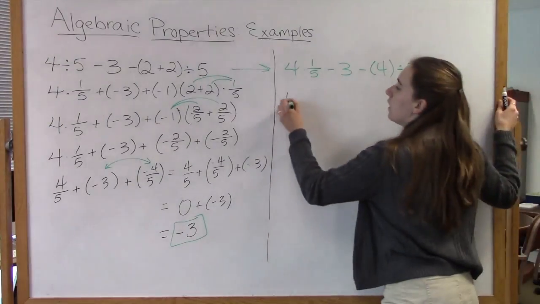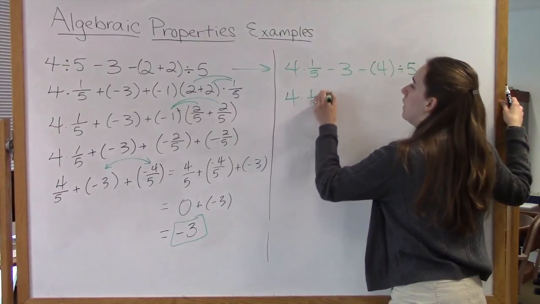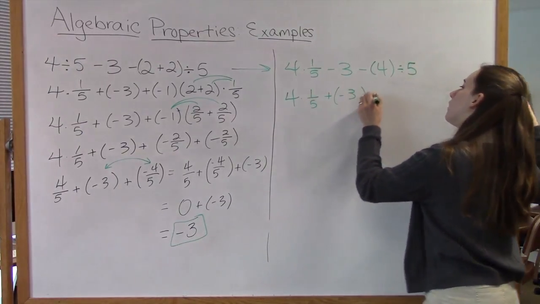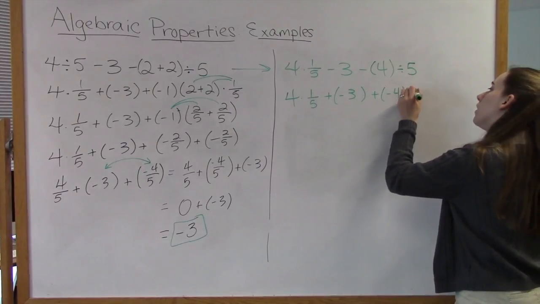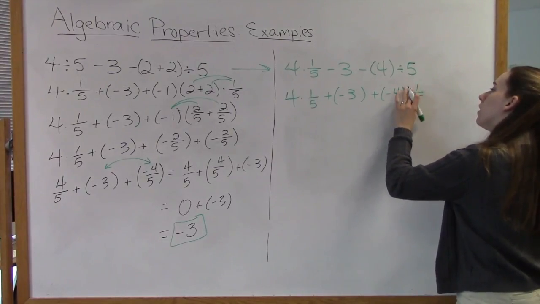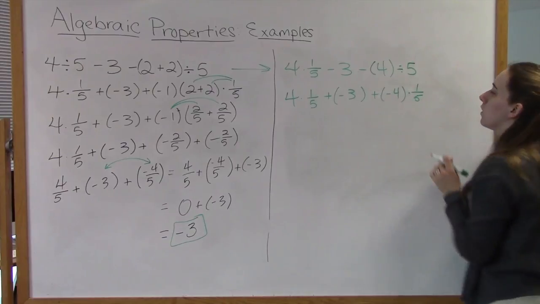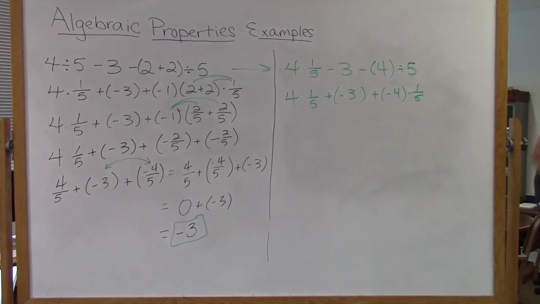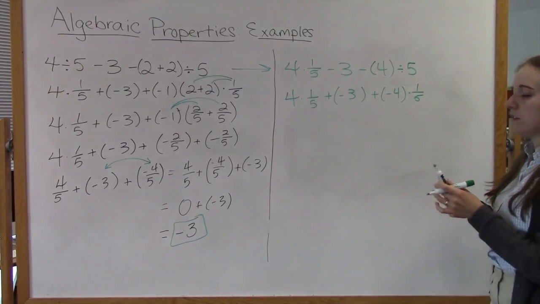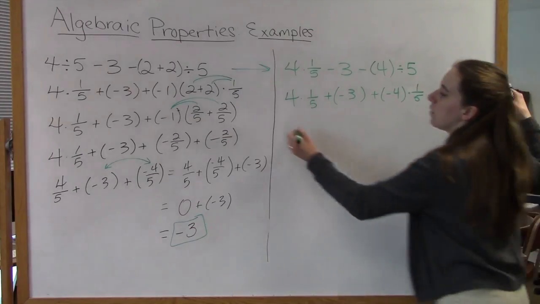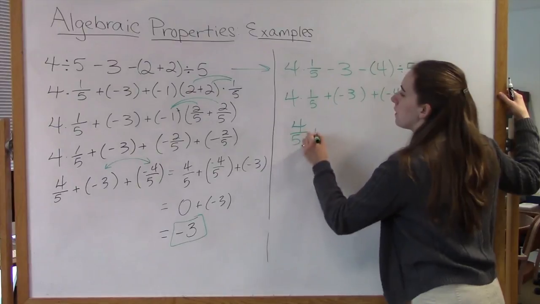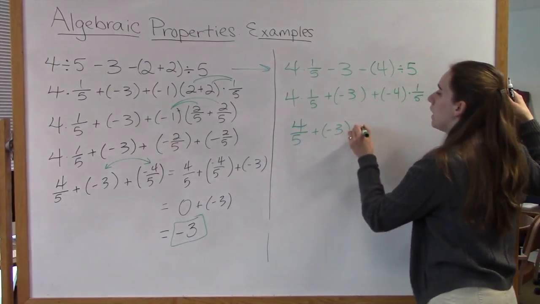So I've already changed some of my division, but let's finish. So I can multiply by 1/5 and change my subtraction to adding the inverse. So what I end up with is 4/5 plus -3 plus